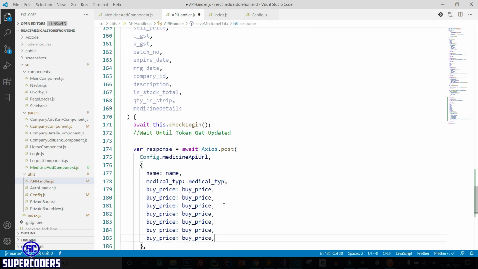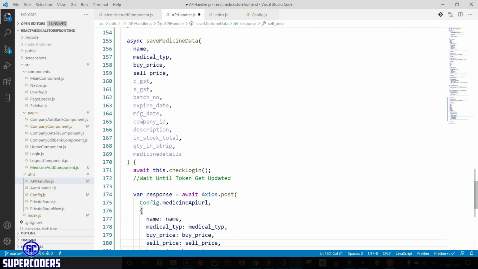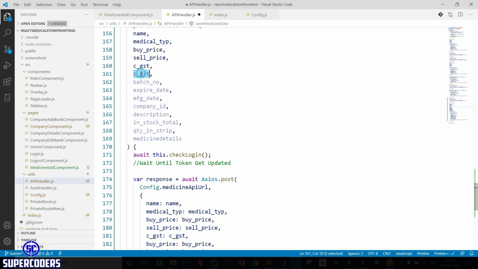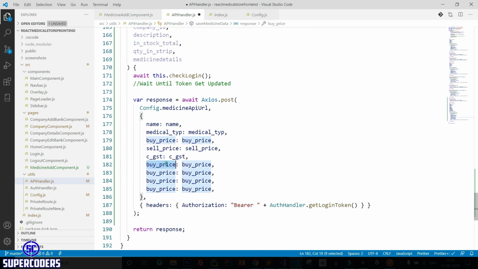Let's copy this same multiple times, sale price, CGST, select it, also select this and paste it. After that SGST, again select this and also select this, paste it.